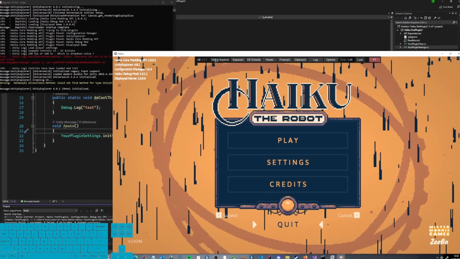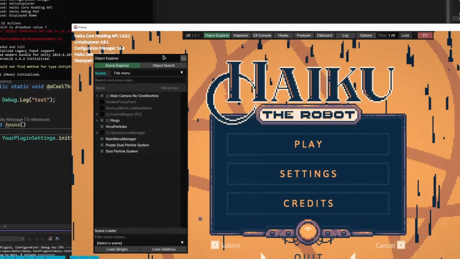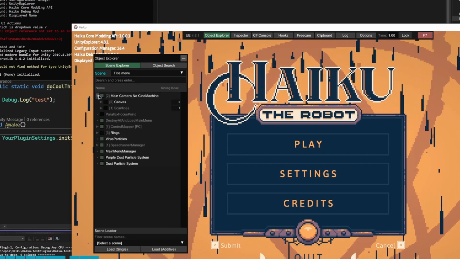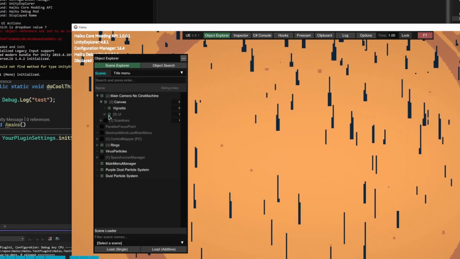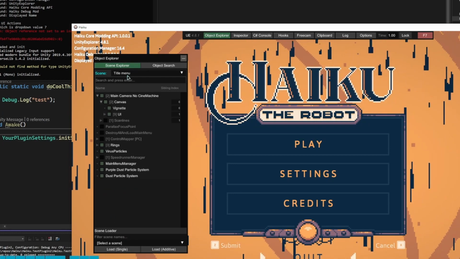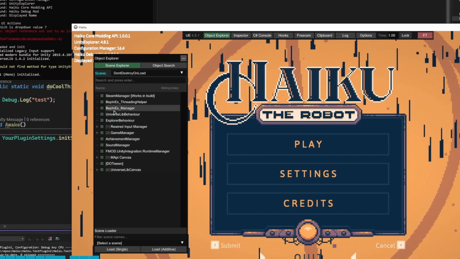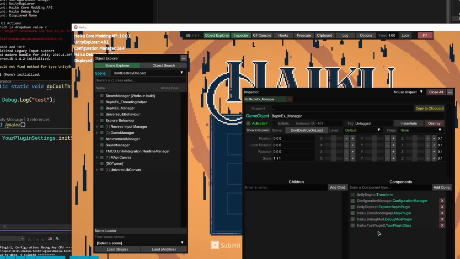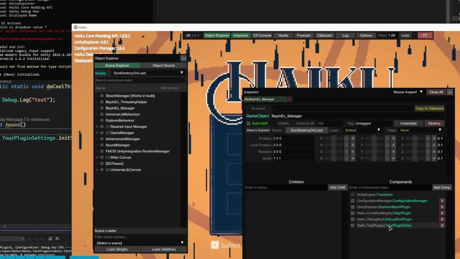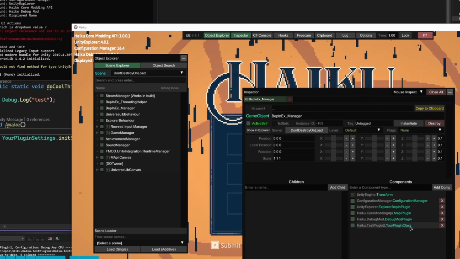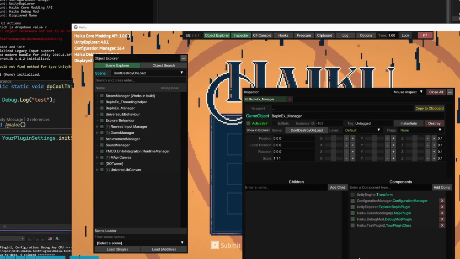In our Object Explorer, if you know Unity, you know this, we have all of the game objects that are attached to the scene. So for example, we have our canvas with the UI, and you can just go through these things yourself if you like to. We also have our manager, which has our components automatically attached to it. So you have our test plugin down here.